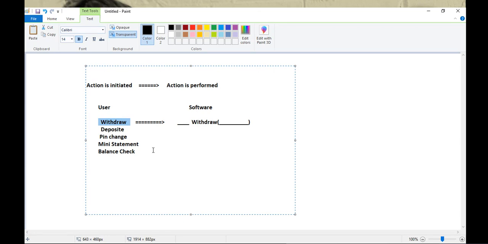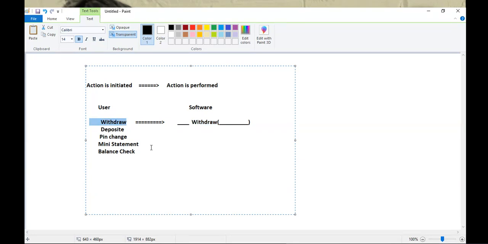So the moment an activity is initiated, the delegate will tell the software, please perform this activity. Like when withdraw gets called, what will the delegate do? The delegate will tell the software, please execute the withdraw method because withdraw is called.